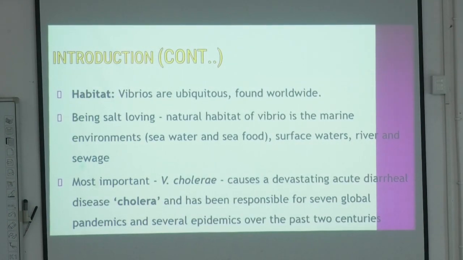Habitat. It's found worldwide. কিন্তু এটা আমাদের ওয়েস্ট বেঙ্গলে কলেরা একটু বেশি পরিচিত নামটা। Why? Because এই গল্পটা একটু পরে হবে, ঠিক আছে? শুনে নেন, আধ ঘন্টার ক্লাস। Being a salt-loving bacteria, natural habitat of the Vibrio is the marine environment, sea water or sea surface, river and swamp. Most important, Vibrio cholerae is a devastating acute diarrheal disease. Cholera has been responsible for even global pandemic. তো প্রচুর প্যান্ডেমিক করেছে আমাদের ওয়েস্ট বেঙ্গলে আর বাংলাদেশে, অনেকগুলো প্যান্ডেমিক হয়েছে বিকজ অফ কলেরার স্ট্রেনের।